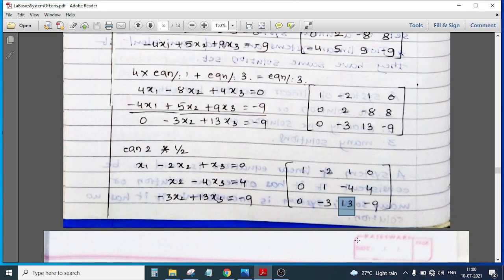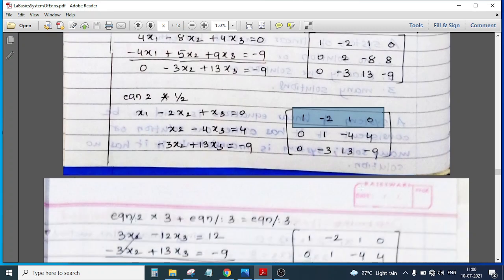Okay. Now it's simple. What can we do? We can manipulate or change our last equation. How can we change it? With the help of our equation 2. Working with equation 2 becomes very simple. Why? Because both your x1 terms are eliminated. There are no x1 terms. We need to eliminate any one of these terms. Either I need to eliminate x2 or I need to eliminate x3. The choice is yours.